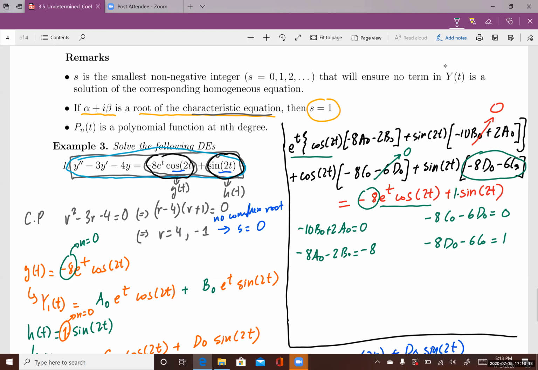Okay. So we found two systems of equations, and hopefully we can solve for it. I mean, the goal should be simple now, right? We just solve for a0, b0, c0, d0, and we plug a0, b0, c0, d0 into our